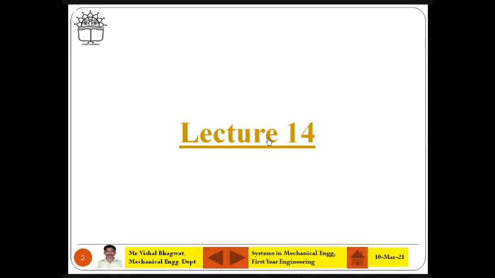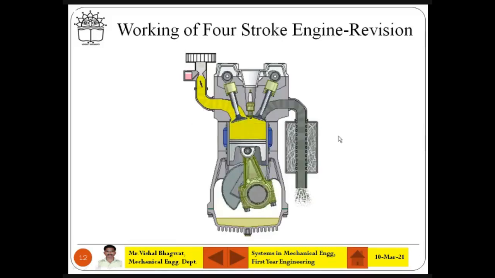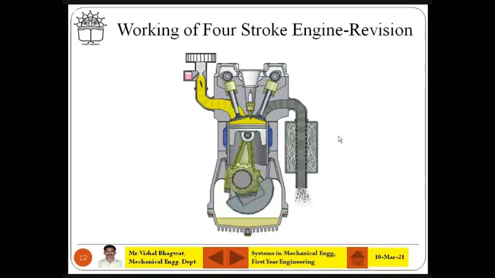If you have any doubt, you can interrupt me and ask in between, or you can post in the chat box. Before going to the specification of the engine, we'll see one more time the working of the 4-stroke and 2-stroke engine. This is important, and most of you might have missed it earlier. What is the difference between a 4-stroke and a 2-stroke engine and how does it work? Again, just observe this figure.